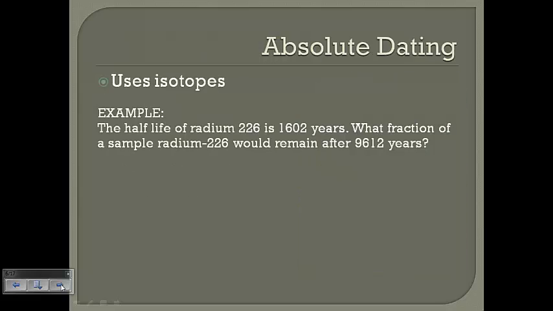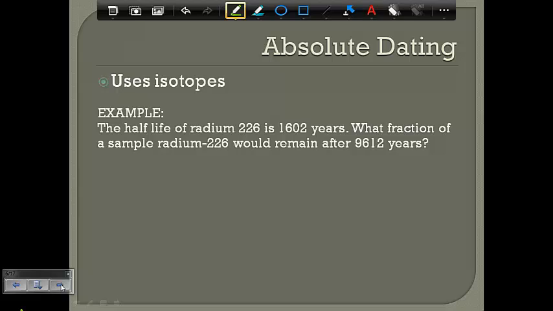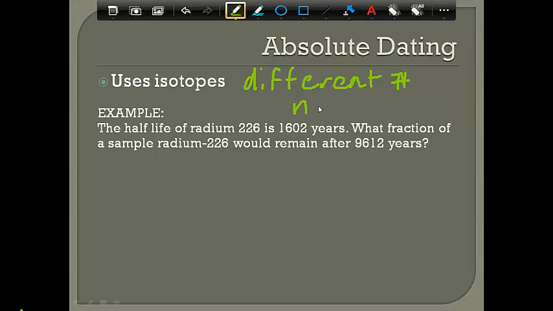So in absolute dating, what we're going to do is use something called an isotope to figure out the age of a fossil. So isotopes, remember, are atoms with a different number of neutrons. So carbon, as I said, is one that people are familiar with in carbon dating. We could have a carbon atom with 8 neutrons. We could have a carbon atom with 12 neutrons. We could have a carbon atom with 14 neutrons. It's still carbon because the protons aren't changing, but the neutrons are different, and that gives us an ability to